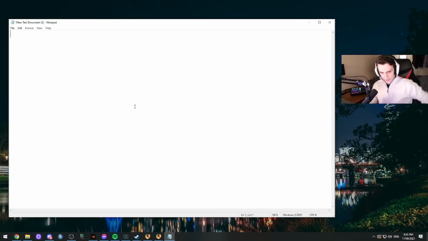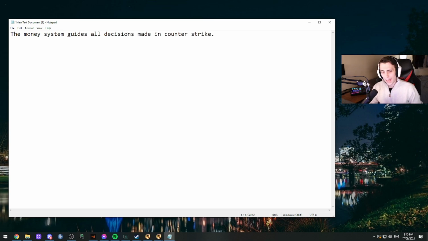Okay, we've got the infamous notepad. Let's do it. The money system guides all decisions made in Counter-Strike. Every single one at some point can be linked back somehow to the money system. It is the backbone of the game. Yeah? So, every round starts with an advantage or a disadvantage